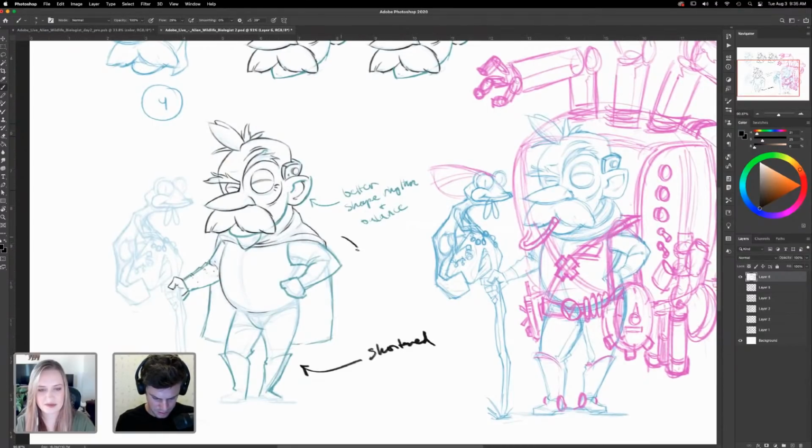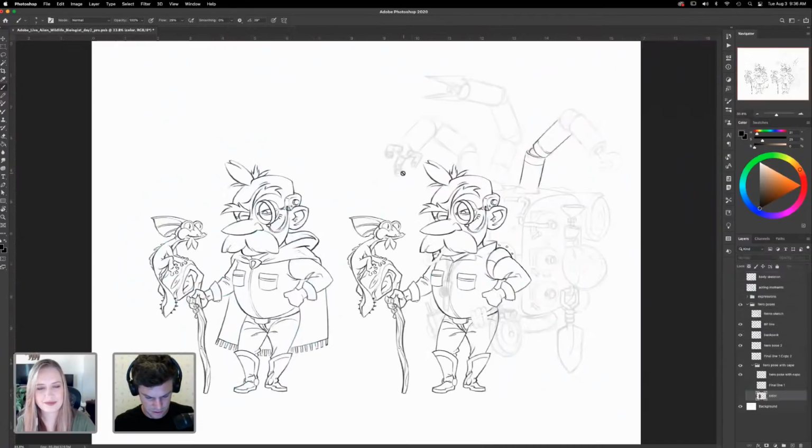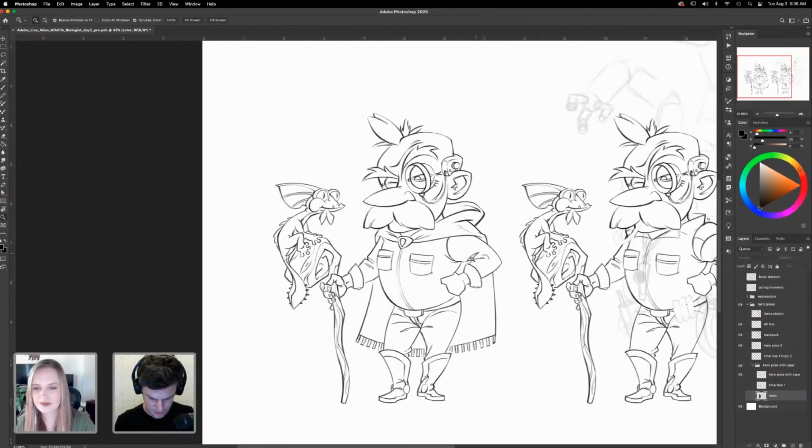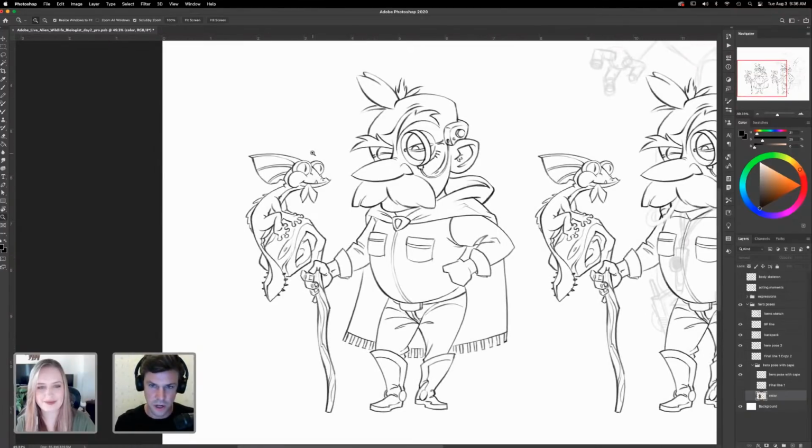And I made these bigger, made the arms bigger. That helped balance it a little bit better. You can see the line really shrunk it up. I really like this design a lot better, so I went ahead with that. I messed with the gecko as well and made some better line work, shrunk him a little bit more. Then I just went in with the final line and got that laid out.